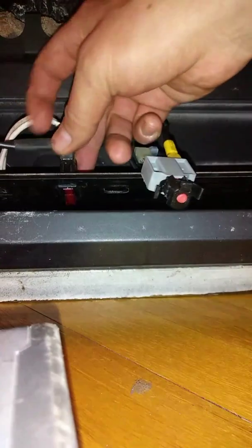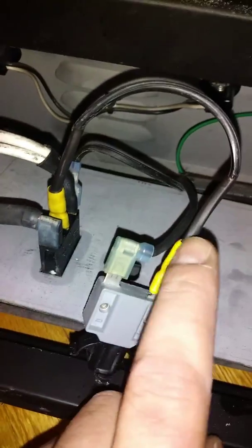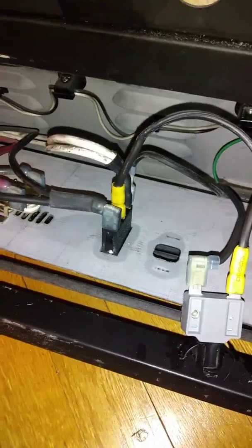Just a sec. So here's your circuit breaker button, and here's your off and on switch. What I did was I disconnected the power inlet and connected it right into the, I disconnected this, and I disconnected this one and plugged it right into that. So basically all I did was bypass this reset switch, and then I plugged it in and turned it on,